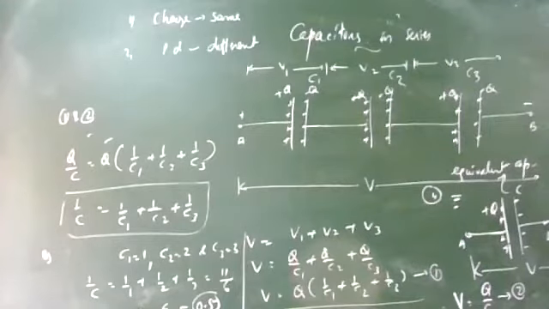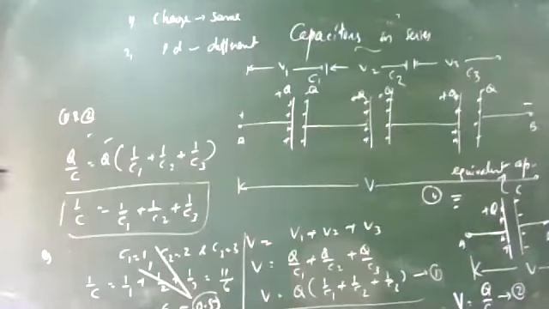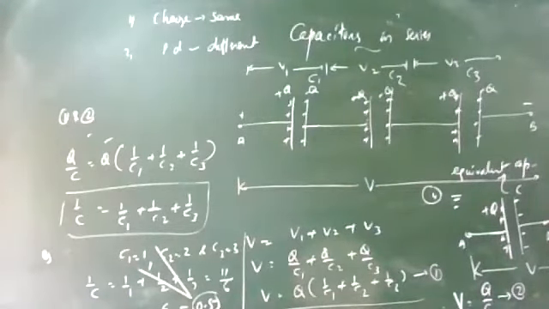What is the smallest value here? The smallest value is 1. The 0.5 we are getting is even smaller than the smallest value. So the equivalent capacitance is smaller than the smallest. The smallest individual is 1, and we are getting the value 0.5, that is 6 by 11. So series combination is used to reduce the capacitance of an arrangement. Next is capacitors in parallel.